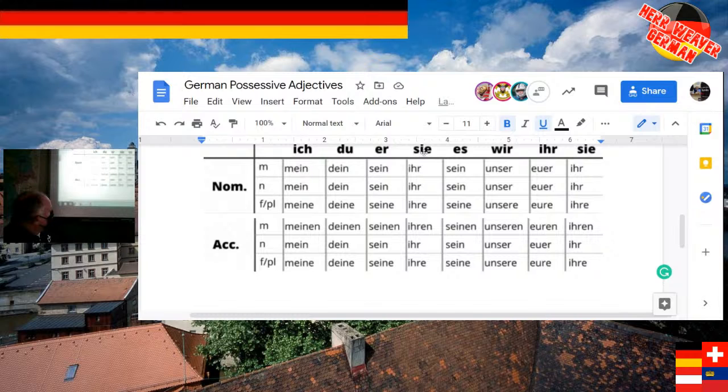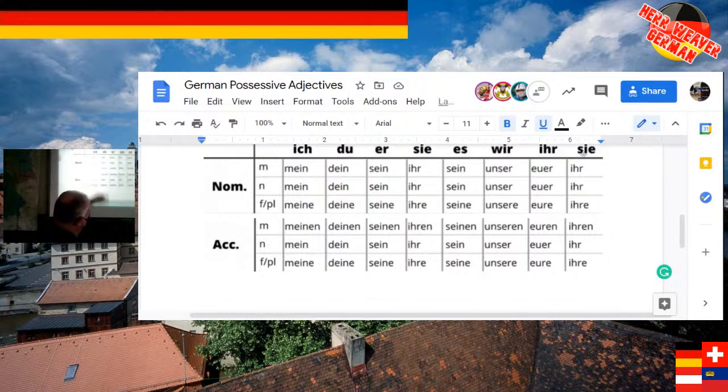What I can tell you is that if your pronoun is sie, whether it means she or they, or capital S-i-e, meaning formal you, the possessive pronoun is the same. See, all of these are a form of ihr. Over here, a form of ihr. And it's the same thing for the formal. That's not on here. It's just a capital I, though, okay? And the ending is the same.